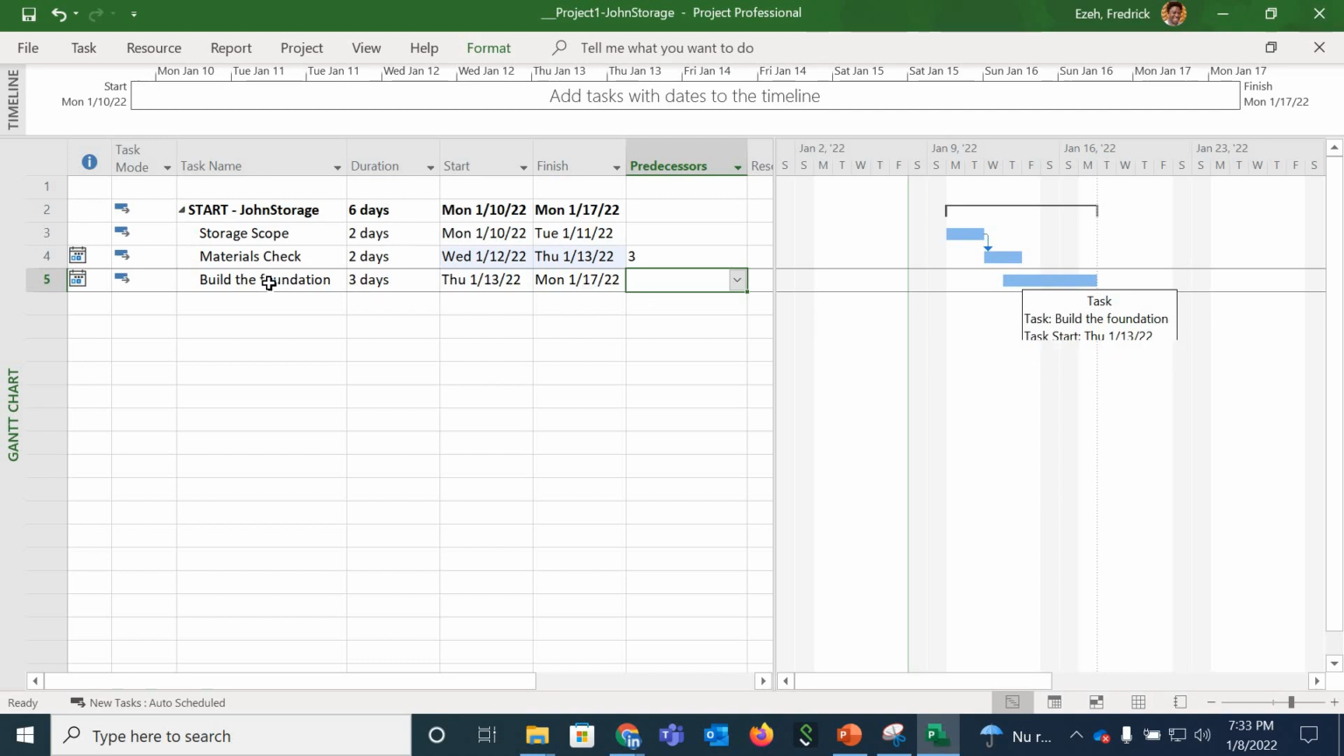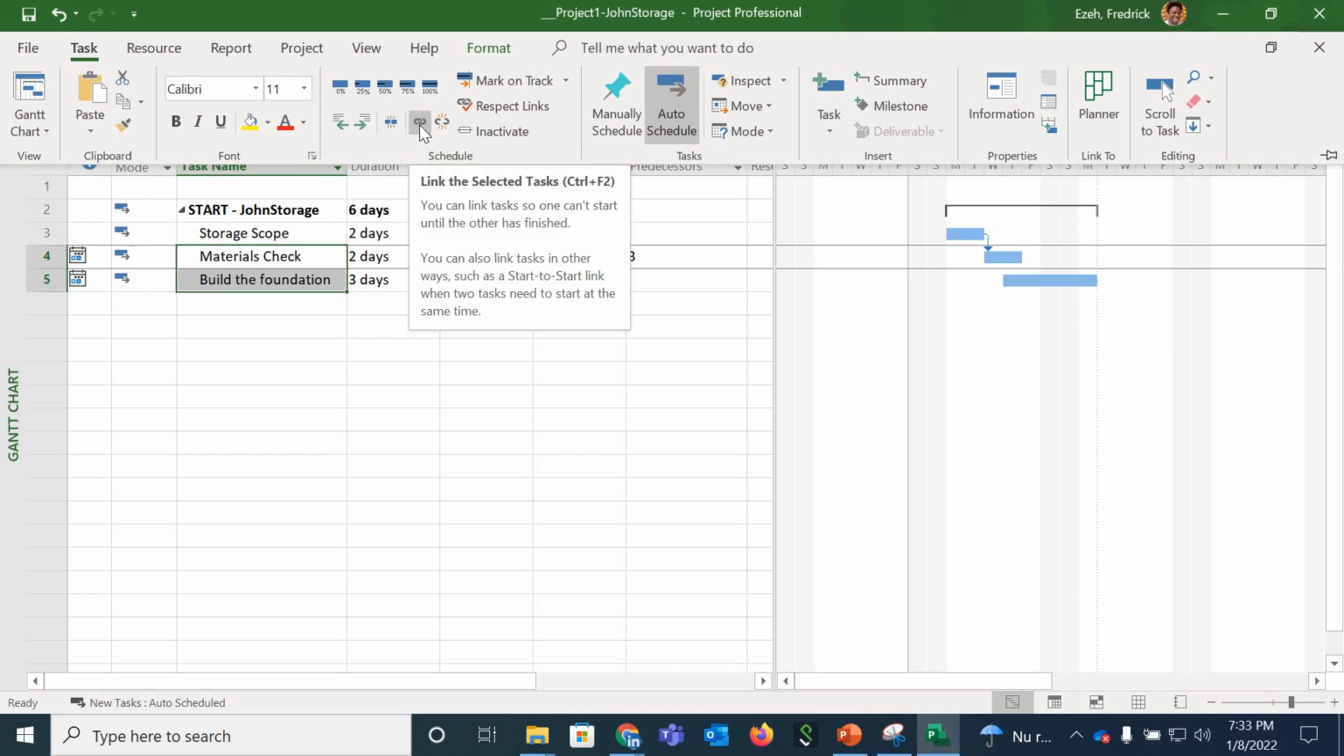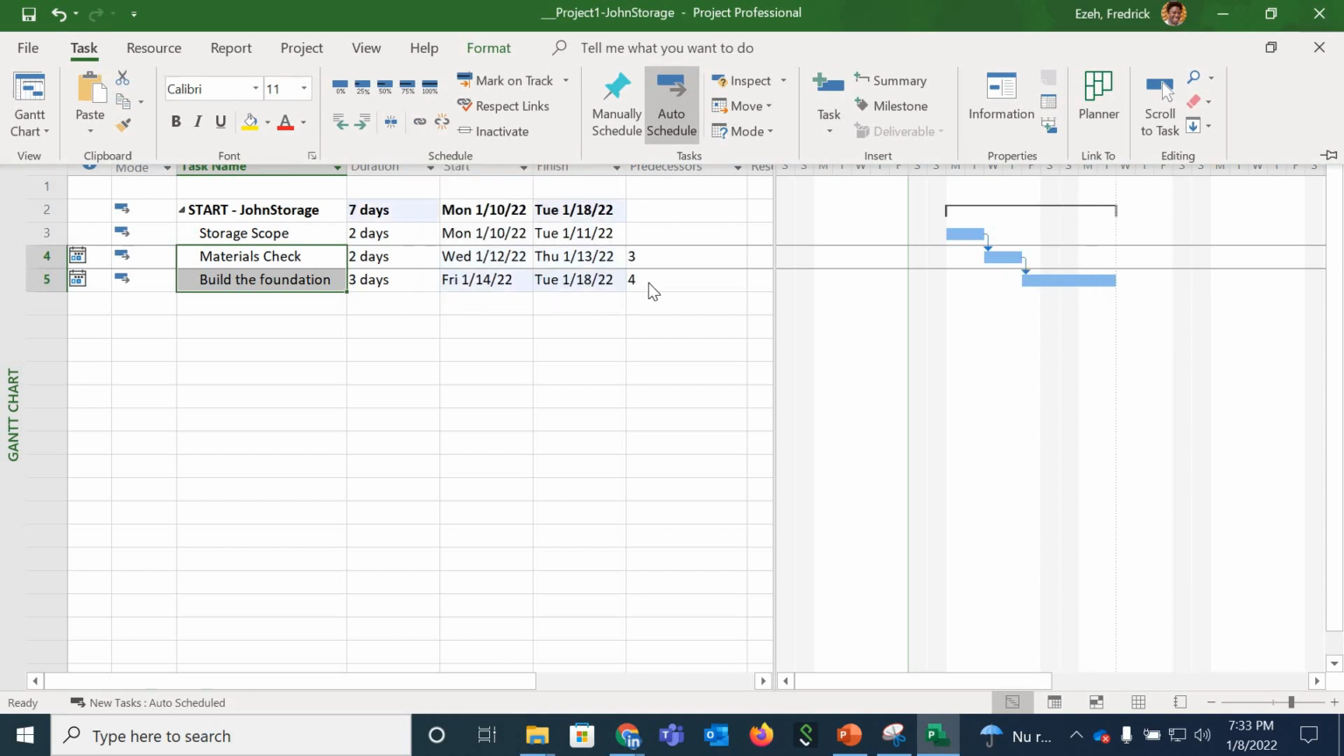And if I want to make sure that before building the foundation, I want to check every material, then I also need to say that task 5 here depends on 4. So I can put 4 here. Another way to do that would be, let's try that. Let's see. I select both of them. I go to task, and let's use the item here, link. So if I link it, then you see automatically the number is there, which means